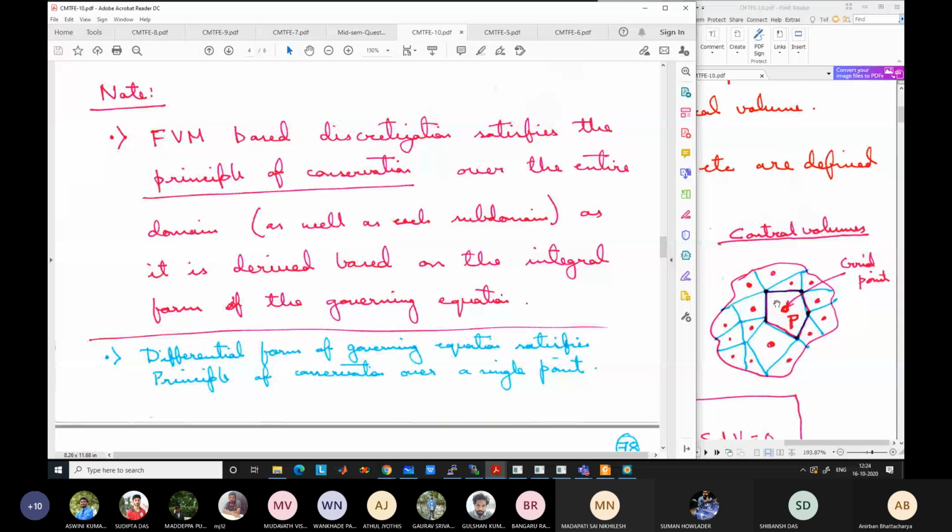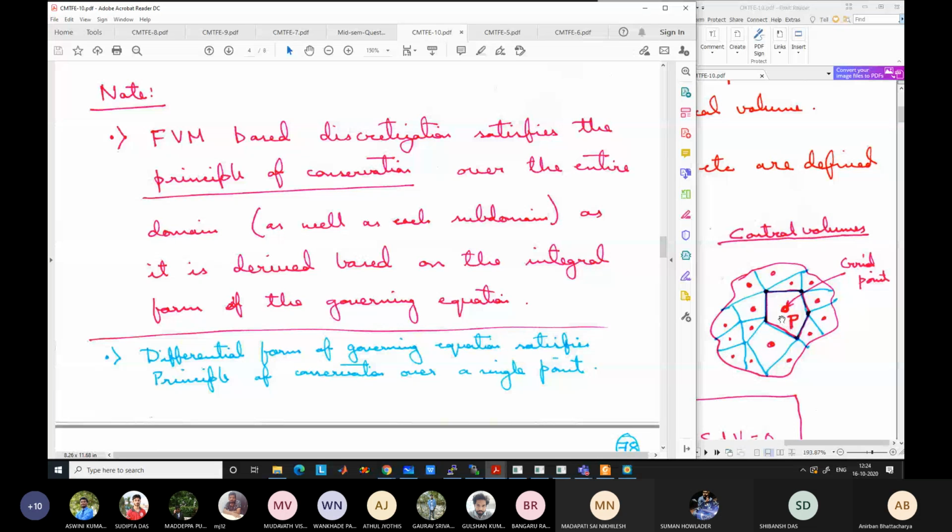For example, for the finite difference method, your governing equations are only valid at the grid points. Okay, so these are differential equations. When you use differential equations, the conservation is still satisfied, because the governing differential equation is based on conservation of properties. But the conservation of properties is satisfied at infinitesimal size, or at a point location. But in the finite volume method, the way you are discretizing leads to satisfying the conservation over the entire control volumes. So inherently the properties are conserved, like total energy in the domain is conserved.